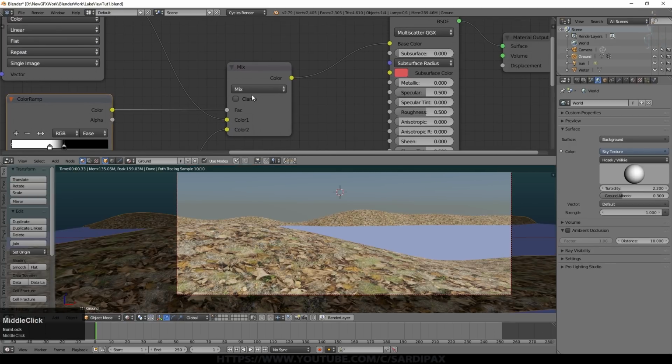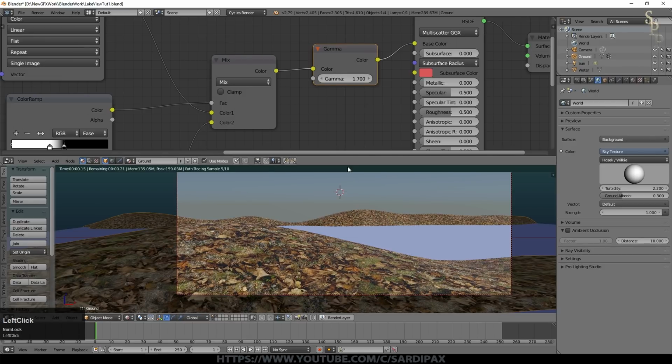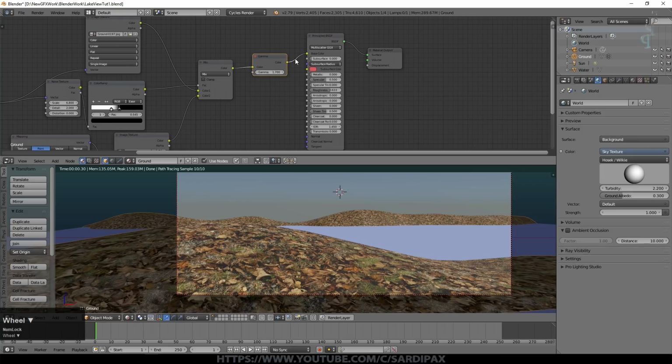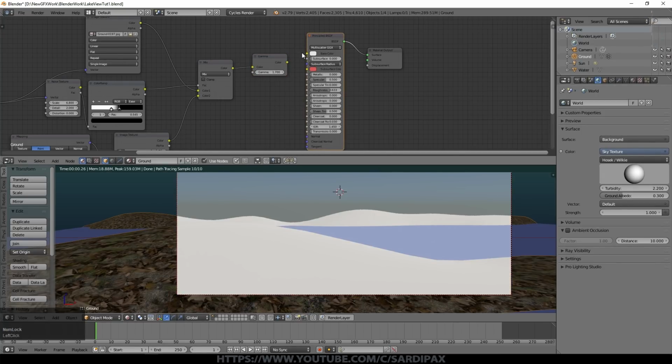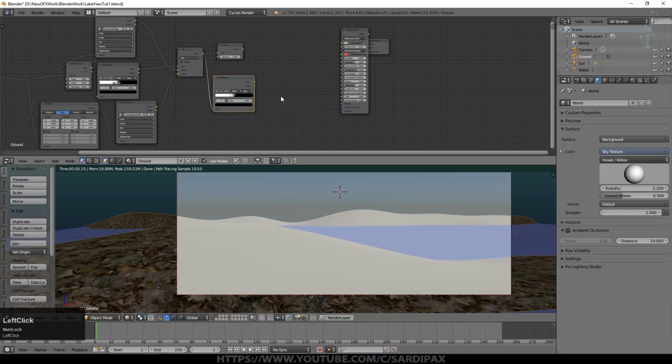And then what I think we would probably want to do is put a gamma node on this side perhaps, turn it up just to get a somewhat darker ground, perhaps turn the roughness up a little bit, but also we need to add some texture. So I'm just going to take out all the texture on here for a moment. I'll just set this to a slightly darker grey. So I'm going to add another colour ramp. We'll just move this over here a little bit, and we'll take our colour output, put it into our colour ramp. Just move these points back to either side.